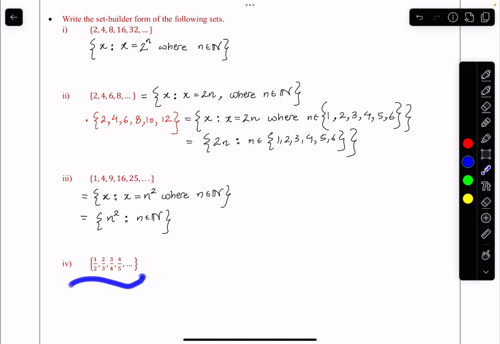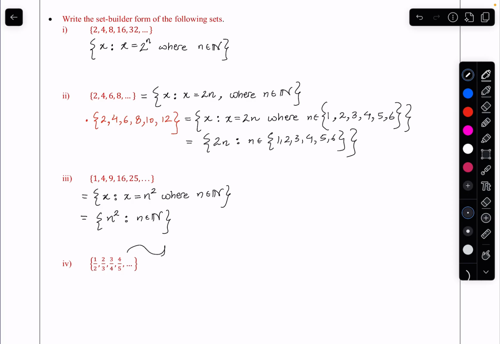Again, it's an infinite set. So I want to write the set builder form here. What I observe is whenever there is some element in the numerator, in the denominator I have one larger number, which is n plus 1. So when n is the number in numerator, the number in the denominator is n plus 1. Now I write the set builder form here. It would be collection of all those elements of the form x such that x is of the form n by n plus 1. And now I need to describe what n would be,